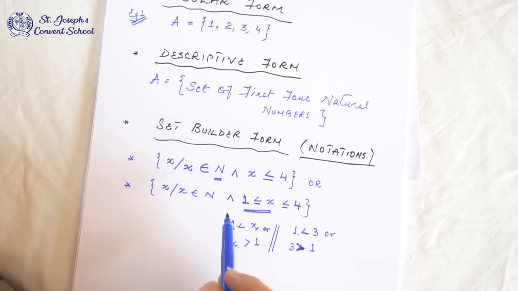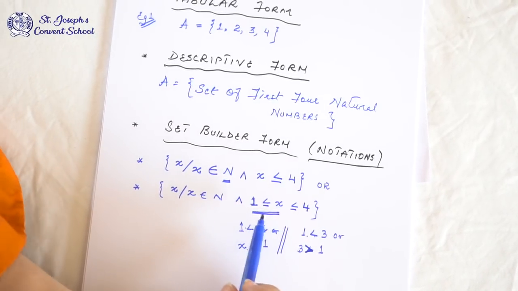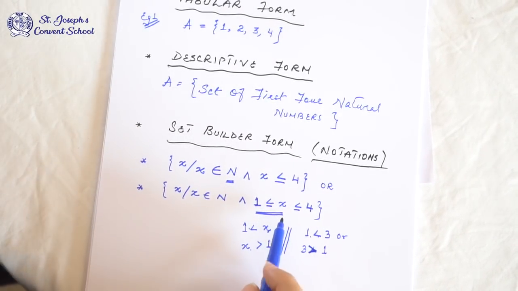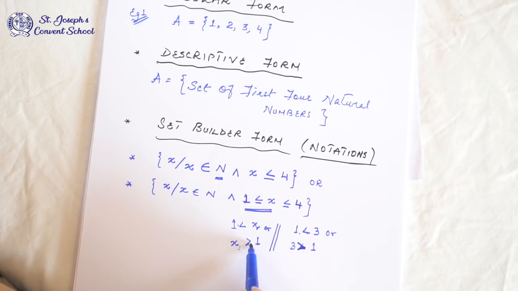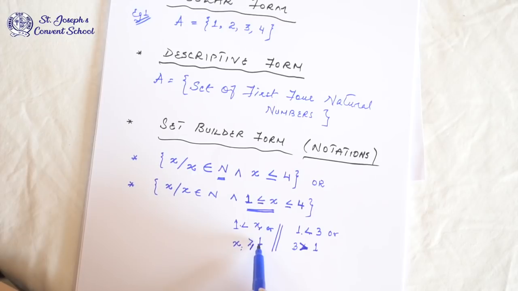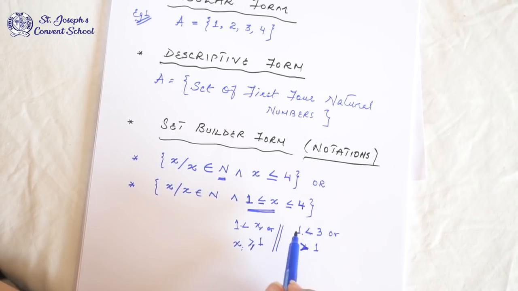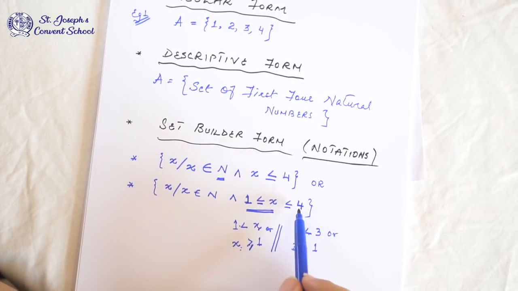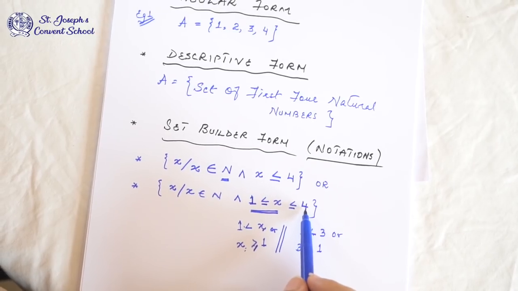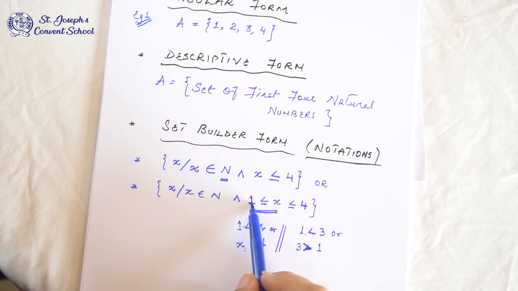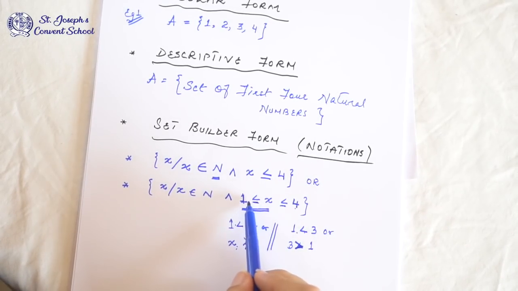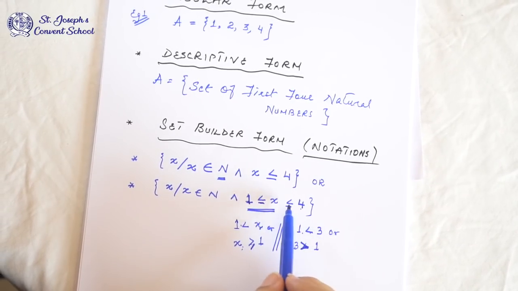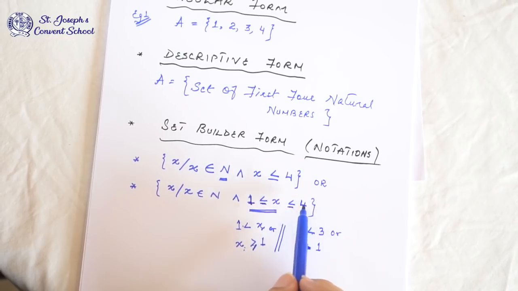Okay, so this sign, 1 is less than or equal to x, means that numbers are greater than or equal to 1. Greater than 1 are 2, 3, 4. Till 4 you are going to stop because this range is given till 4. So numbers are from 1 till 4. The equals to sign means that these numbers are included. Here 1 is included, and on that side 4 is included. Okay,